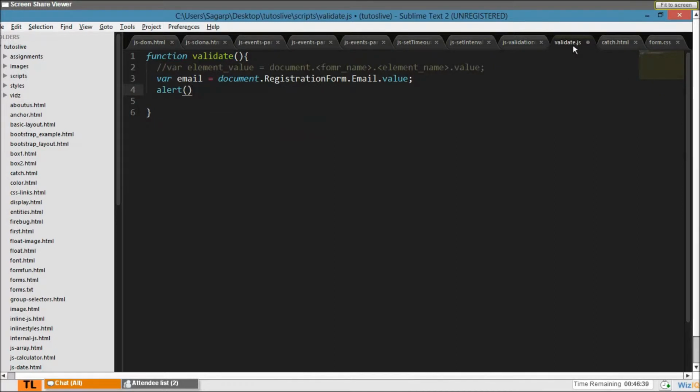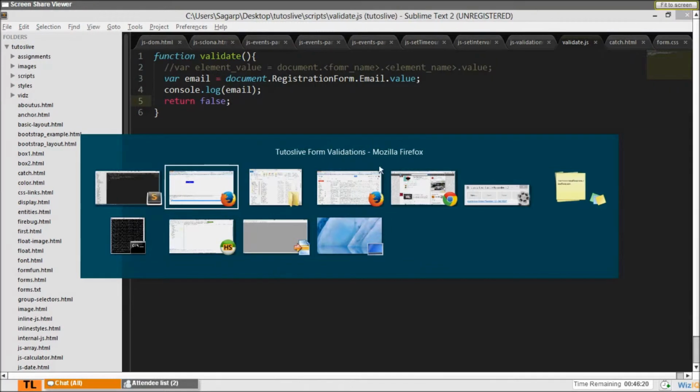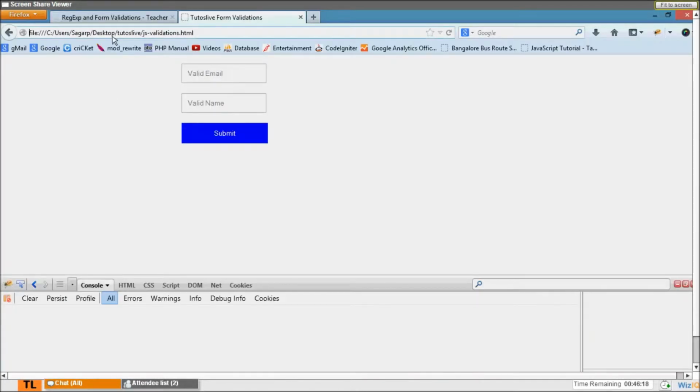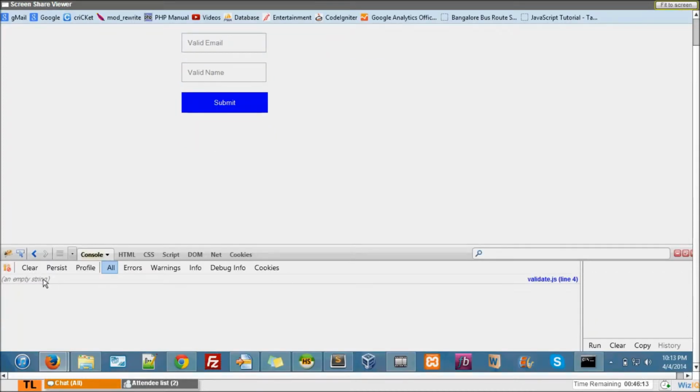Alright, let's see now. Open the console, just do this and submit. Now see, it says an empty string. Now I type something here and I submit. It does not let me submit because it says please enter an email address. So I type @gmail or whatever.com. Now you see the console.log. So this is what I'm getting over there. This is what it says.